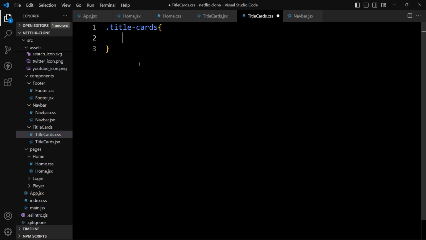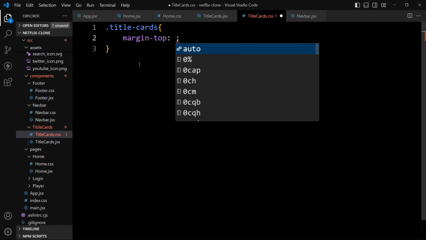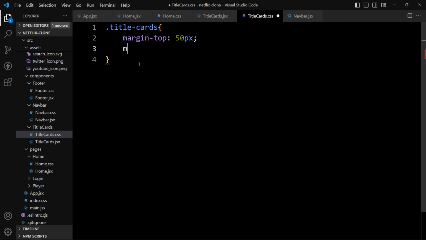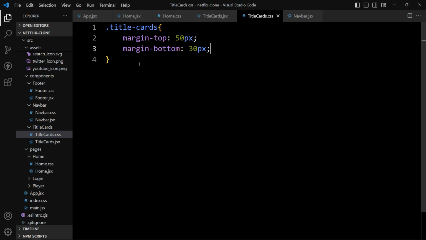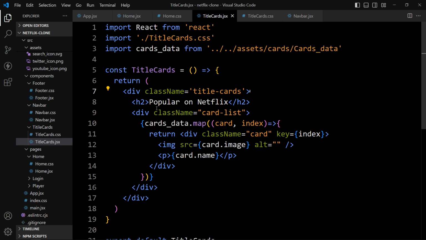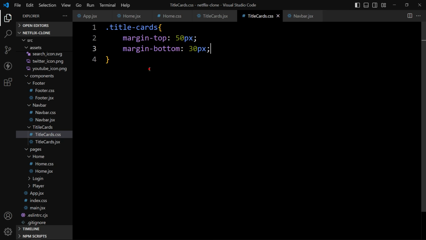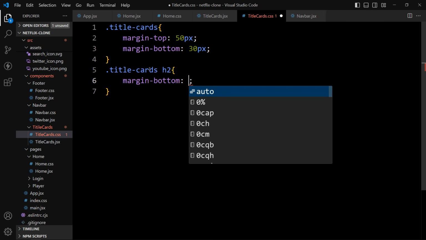For this one we'll add the margin from the top, then we'll add the margin from the bottom. After that we have the title in h2. So use this same class name, then write h2. For this one we'll add the margin at the bottom.